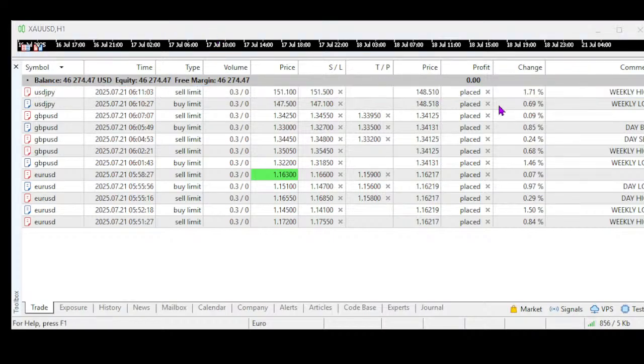So we are going for a daily buy at 147.85, or we'll put it as slightly higher, 147.95. Then the TP we'll put it as 149.50. This is a day order until the end of the day. So this is a day buy.